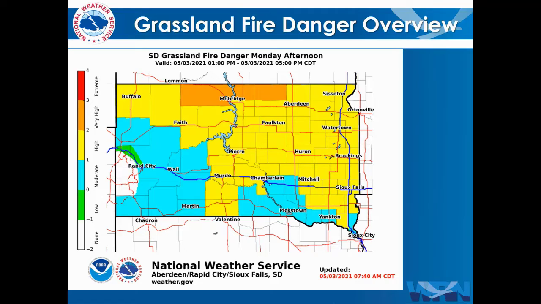This particular product is an example from May 3rd of this year, is not indicative of current conditions, but just an example product. And it shows that the Grassland Fire Danger can range from low all the way up to extreme. And we figure as we're getting to that time of year where grasses are curing and we're heading through July 4th, it's a good time to remind people about this product and how it can be used to assess fire danger on a daily basis.